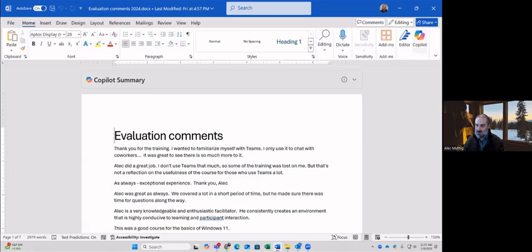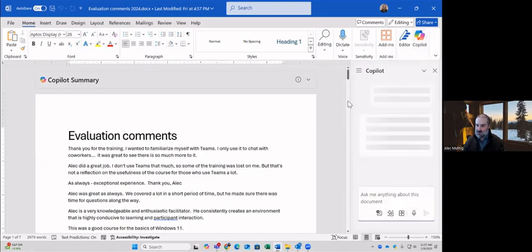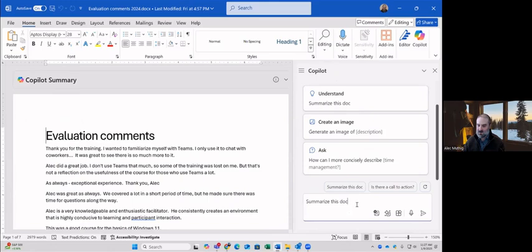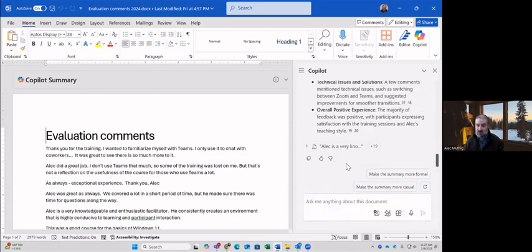I kind of want to pull up the Copilot pane and try this over here. I could say, let's summarize this document. Notice there it is, summarize this document. Now, again, I can add to this, summarize this document, focusing in on this or whatever, but I'm going to leave it very simple, summarize this document and see what it gives me. And that was very fast.